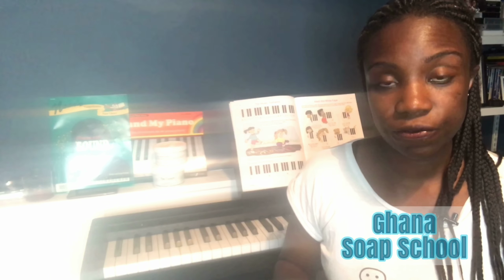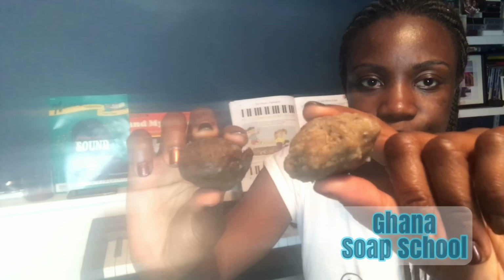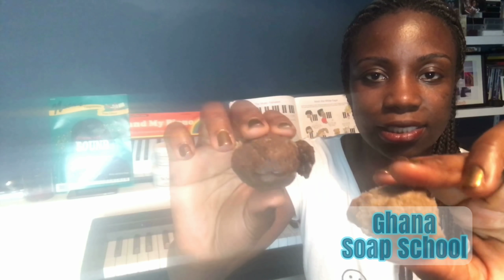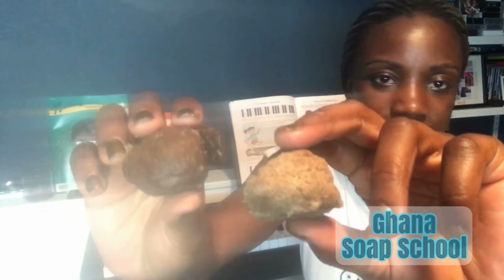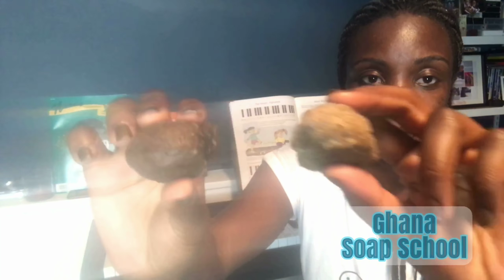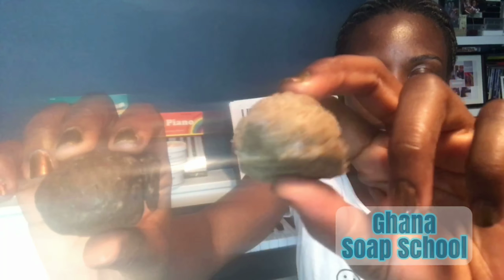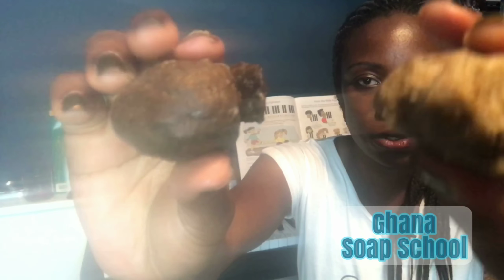If you've been following me for a while, you would have heard me say that black soap can look pitch black or caramel, or anything between pitch black and caramel. So these two are soaps that I made this afternoon with a client of mine who has made his own potash in Uganda, and he brought me a sample of the potash, and we played with it. Essentially both soaps were made from the same potash. The only thing we did was we wanted both the caramel and the pitch black. Well, this is not even pitch black, the black version. So black soap will look something like this,